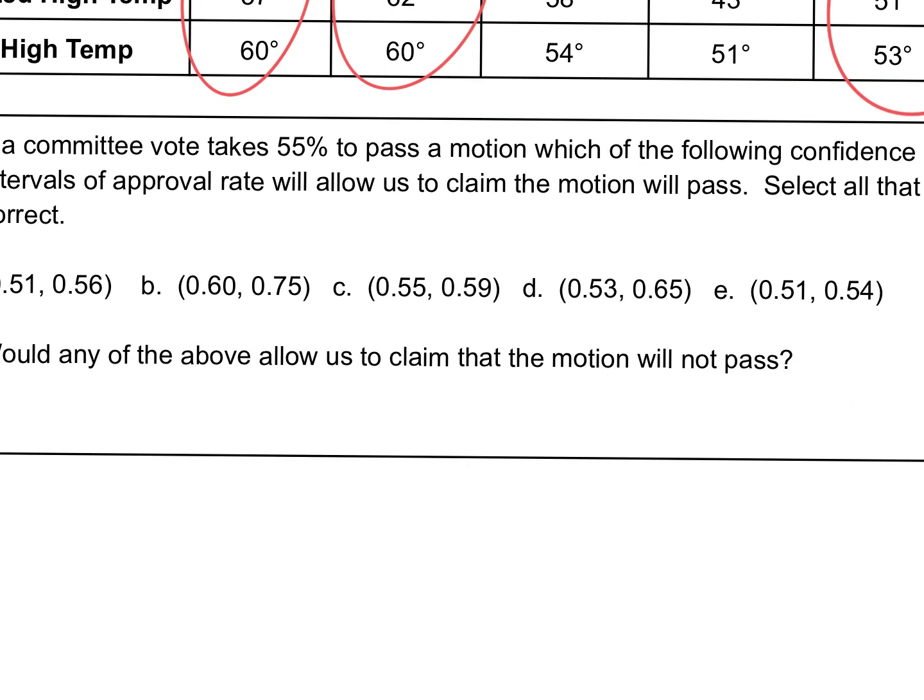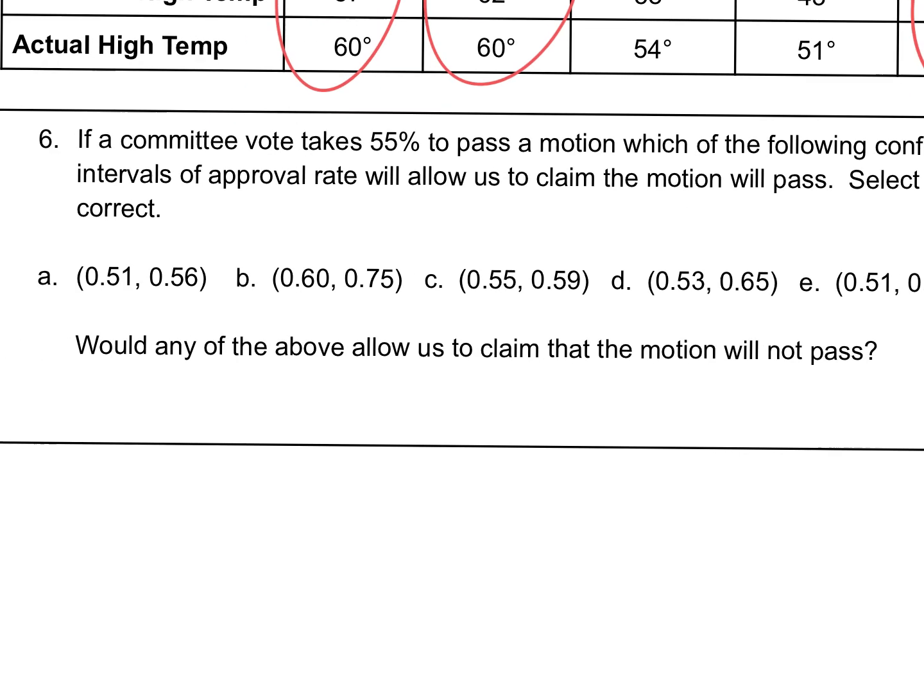Okay, if a committee vote takes 55% to pass a motion, which of the following confidence intervals of approval rate will allow us to claim the motion will pass? Select all that are correct. Okay, so here's the deal with this. If I'm gonna make a claim, okay, I am saying that I am 100% sure that what I'm saying is going to be true. Okay? So, if I'm saying that I'm 100% certain that the motion will pass,